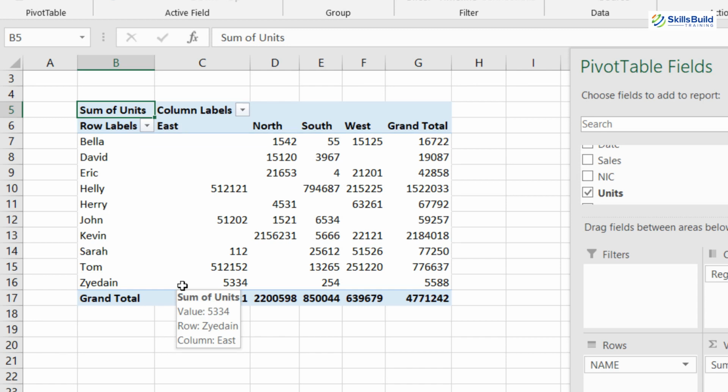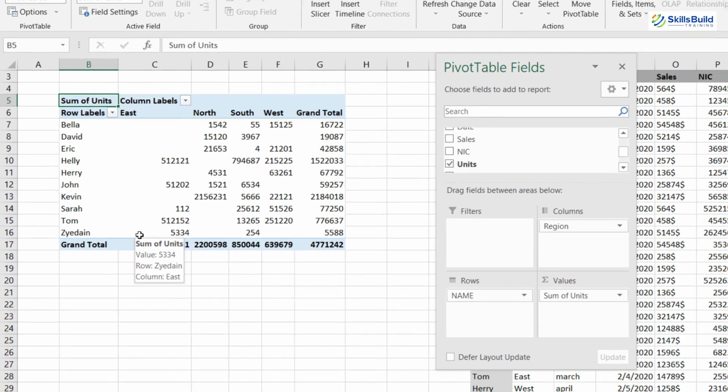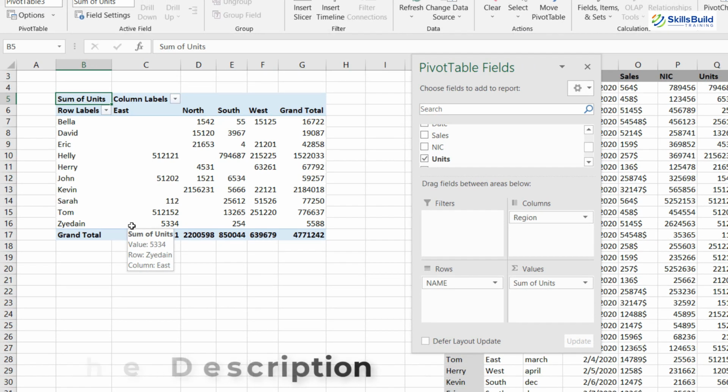So it is too easy to create a pivot table and use it in order to organize and summarize the data. The one most important plus point of a pivot table is that it is flexible. In my previous video, VLOOKUP and HLOOKUP, I told you how to create a table, and why you should keep the data in the table so it will remain fixed. But in a pivot table, this is the plus point, it is flexible.